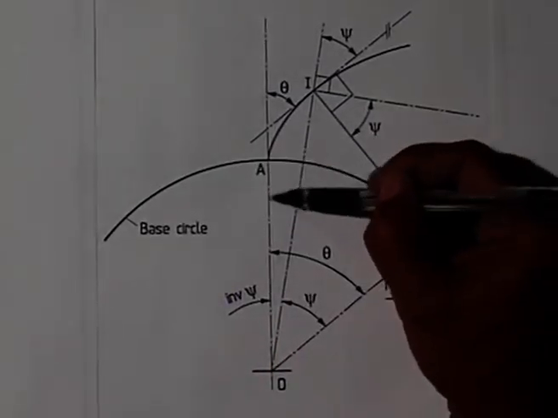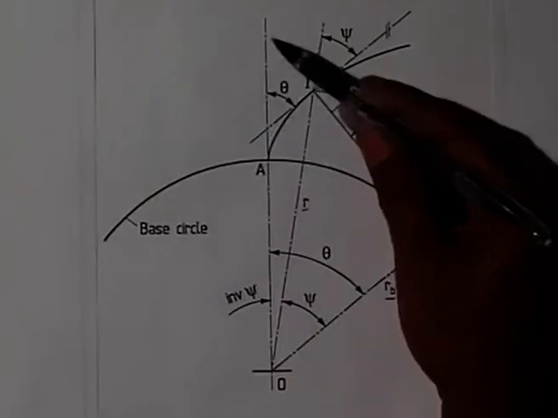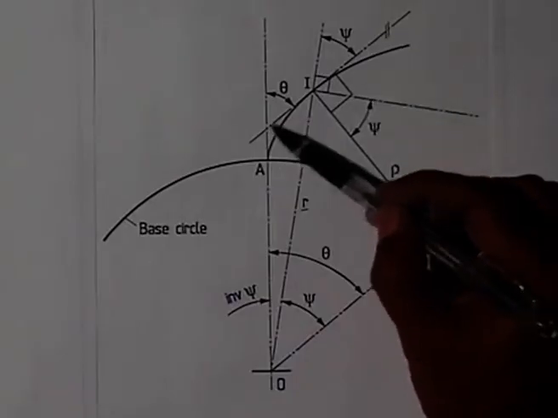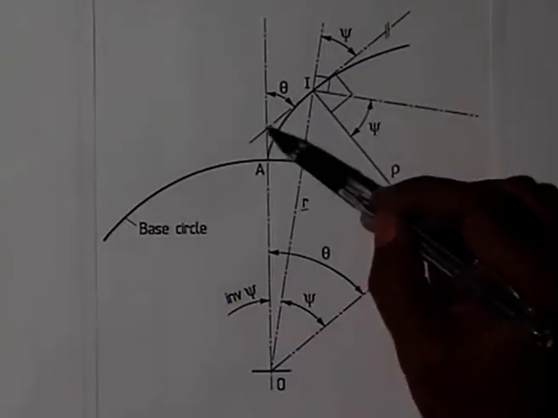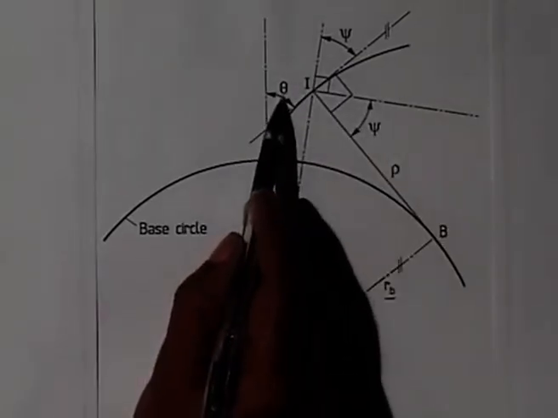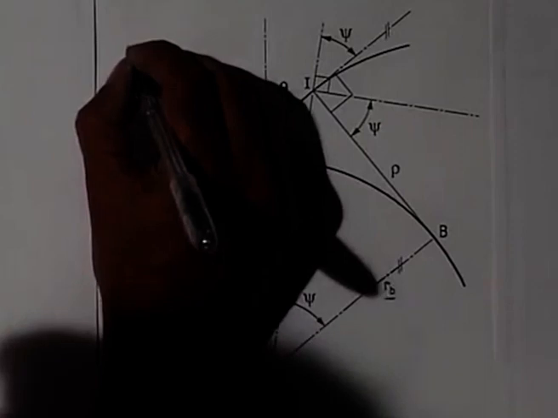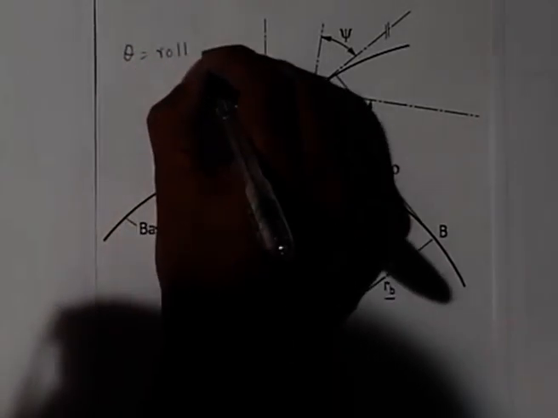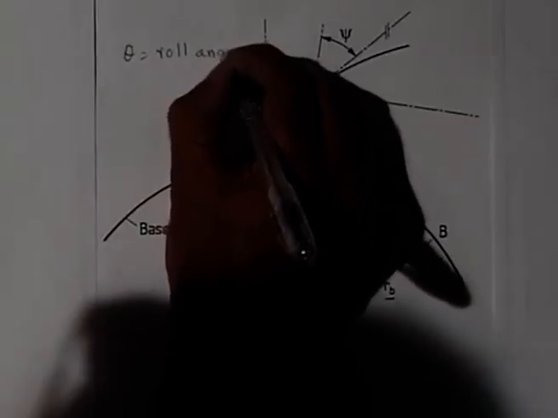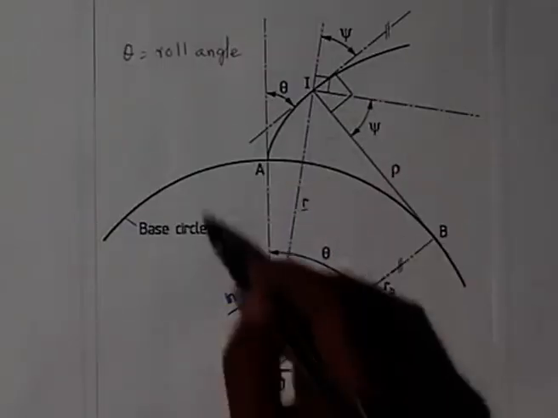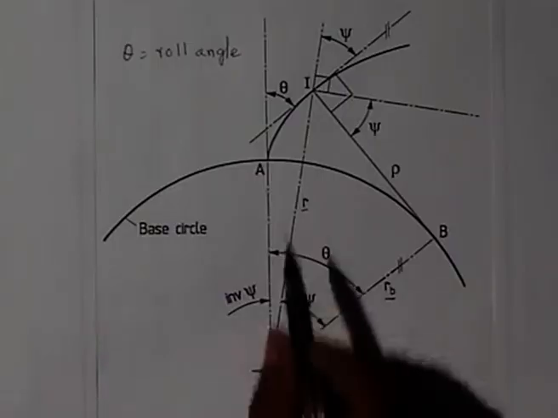The tangent at A to the involute is this radial line, and the tangent at I is this line. The angle between this tangent at I and the tangent at A, this angle theta, we call the roll angle. Theta was defined as the roll angle. If I take this as a gear, and the gear is rotating about the point O, then the velocity of